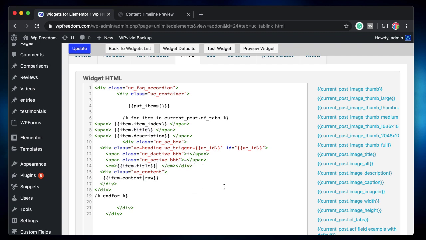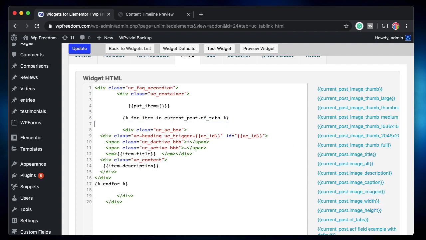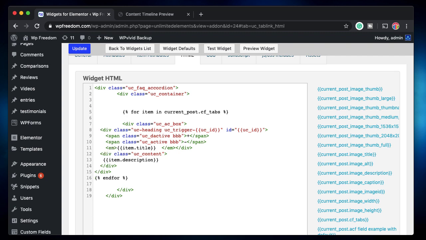It accidentally happens to be the same attribute. Now I'll replace content with description of our repeater field. Now we can simply remove the code that was originally associated with repeater, because within this repeater field we can also remove this put items now.